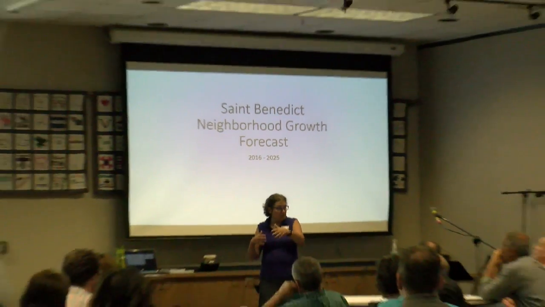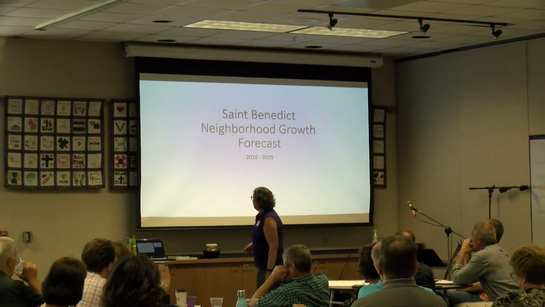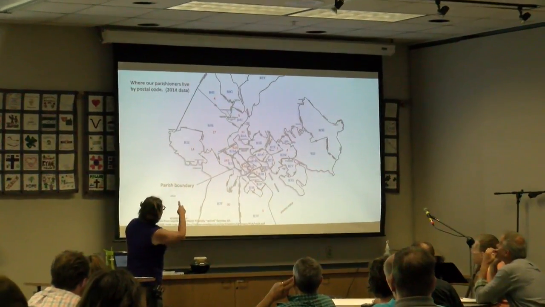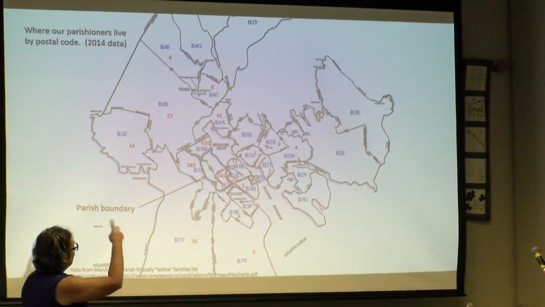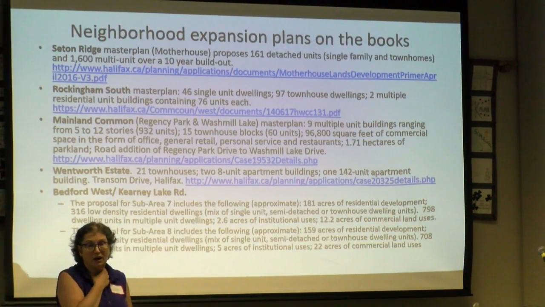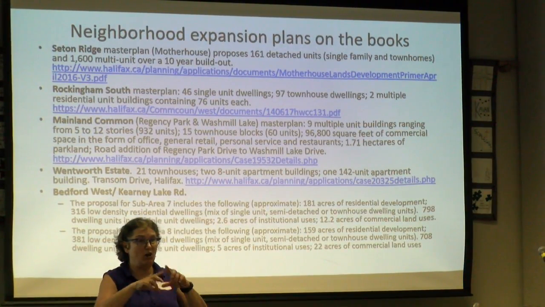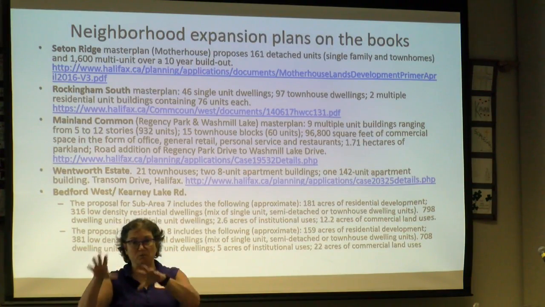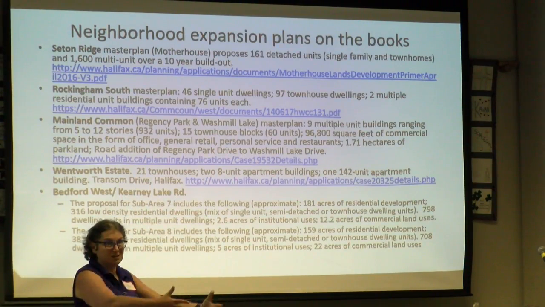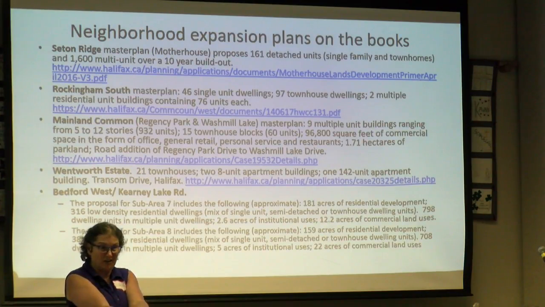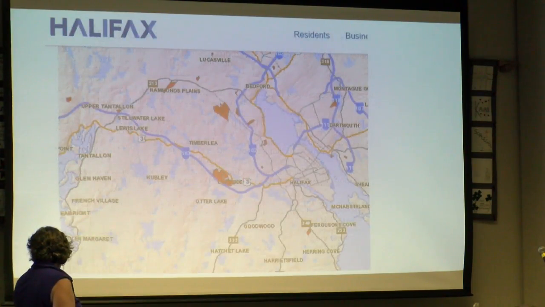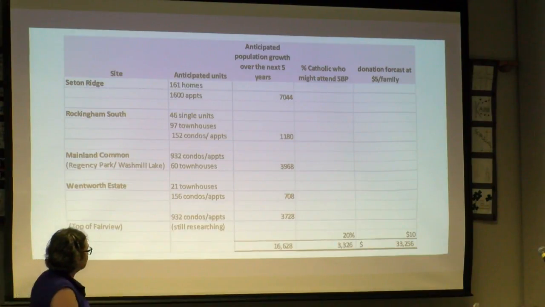So they worked with one person on pastoral council. We're leading out of teams. And they sat down and did this analysis. So again, remember we were looking at where we were, postal codes, and then they went inside the City Hall approved permits of what was being built and what was going to be built. We even had links directly into what is on file at City Hall that's going to be developed, and how many units they were planning to build. And we ended up with this.